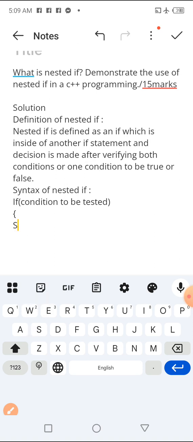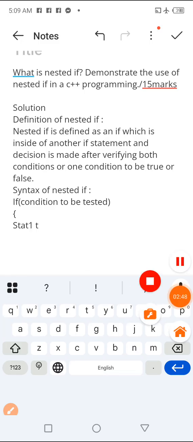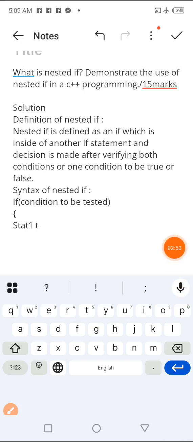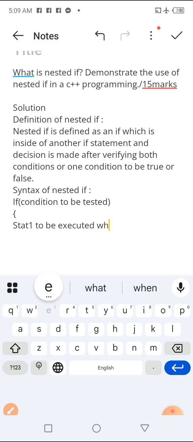Ahangaha dushyiramo statement 1. Reka dukoreshe statement 1 hano, to be executed here when condition 1 is true here, and then